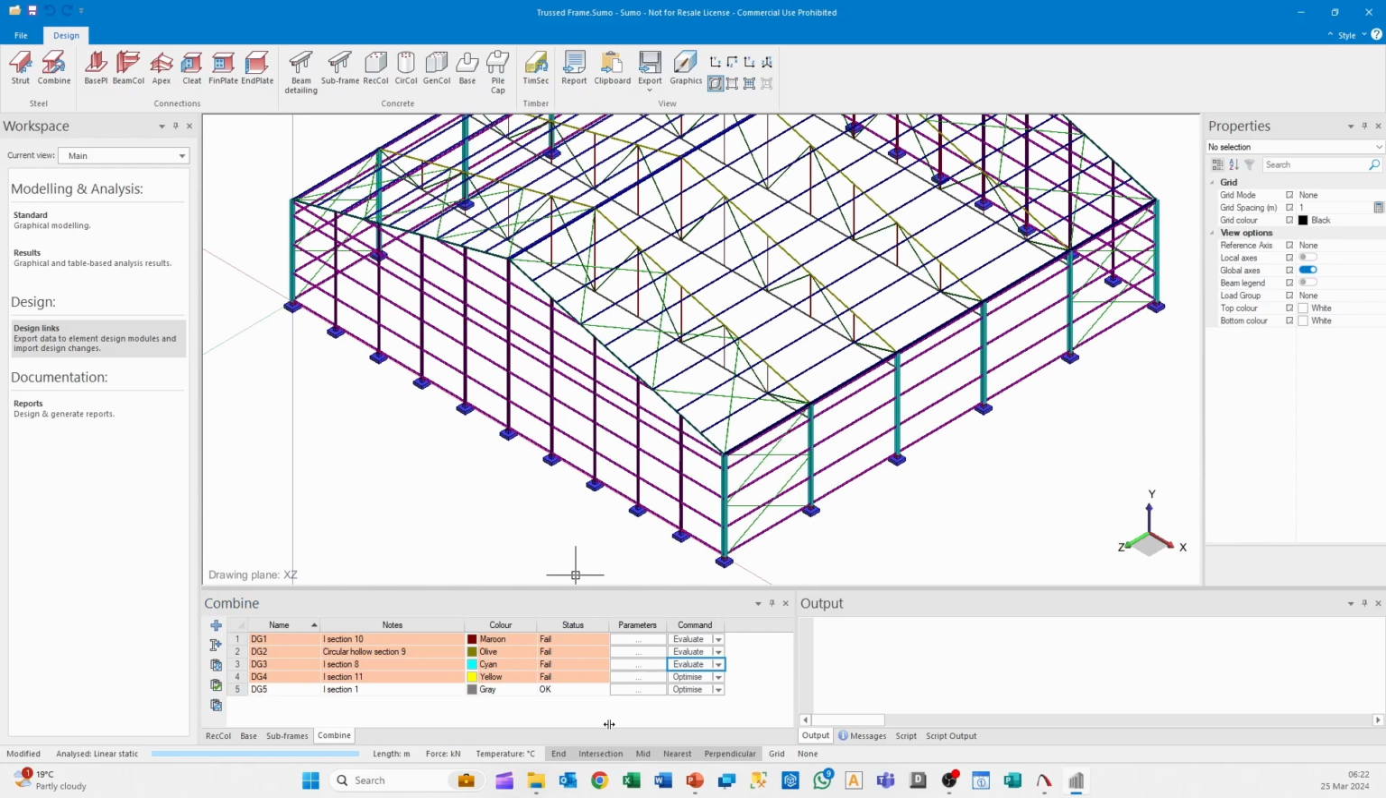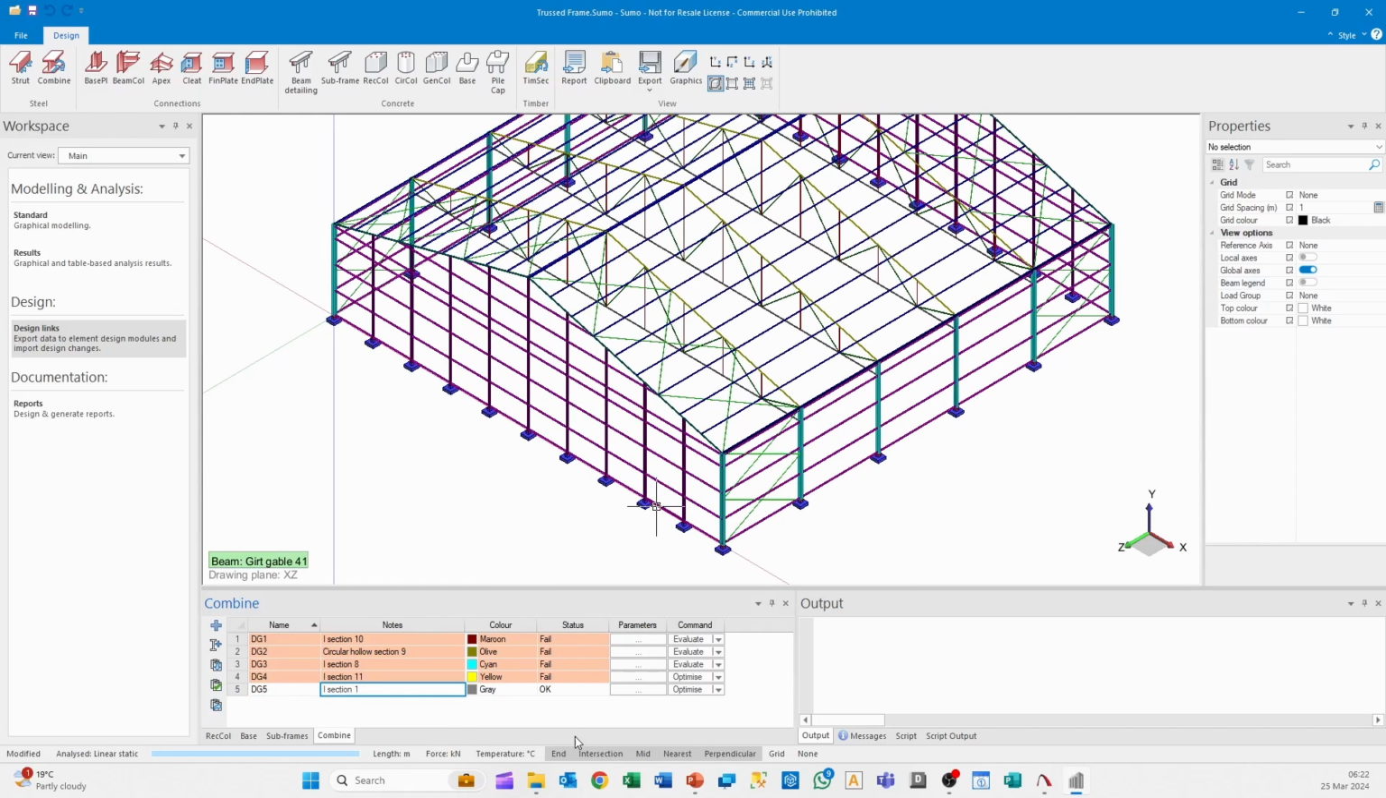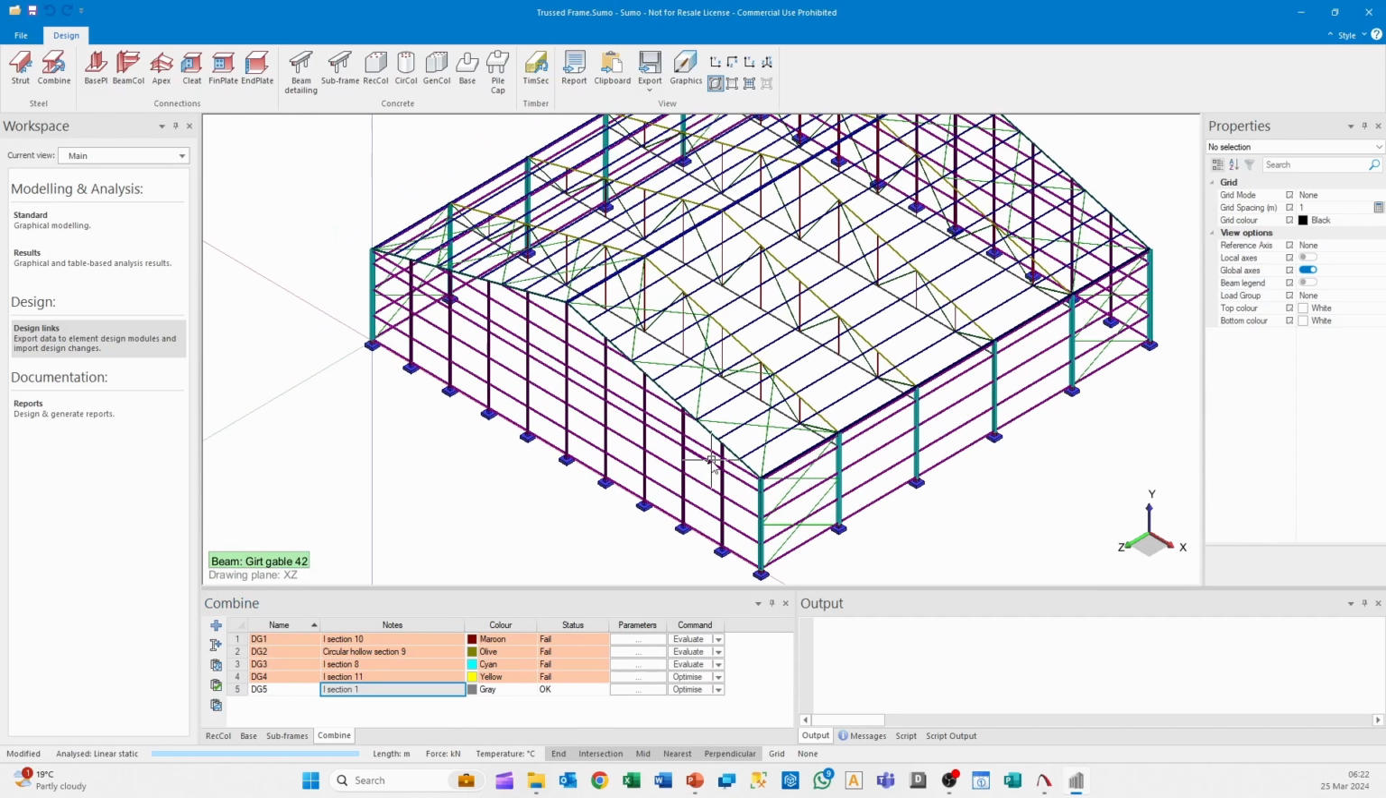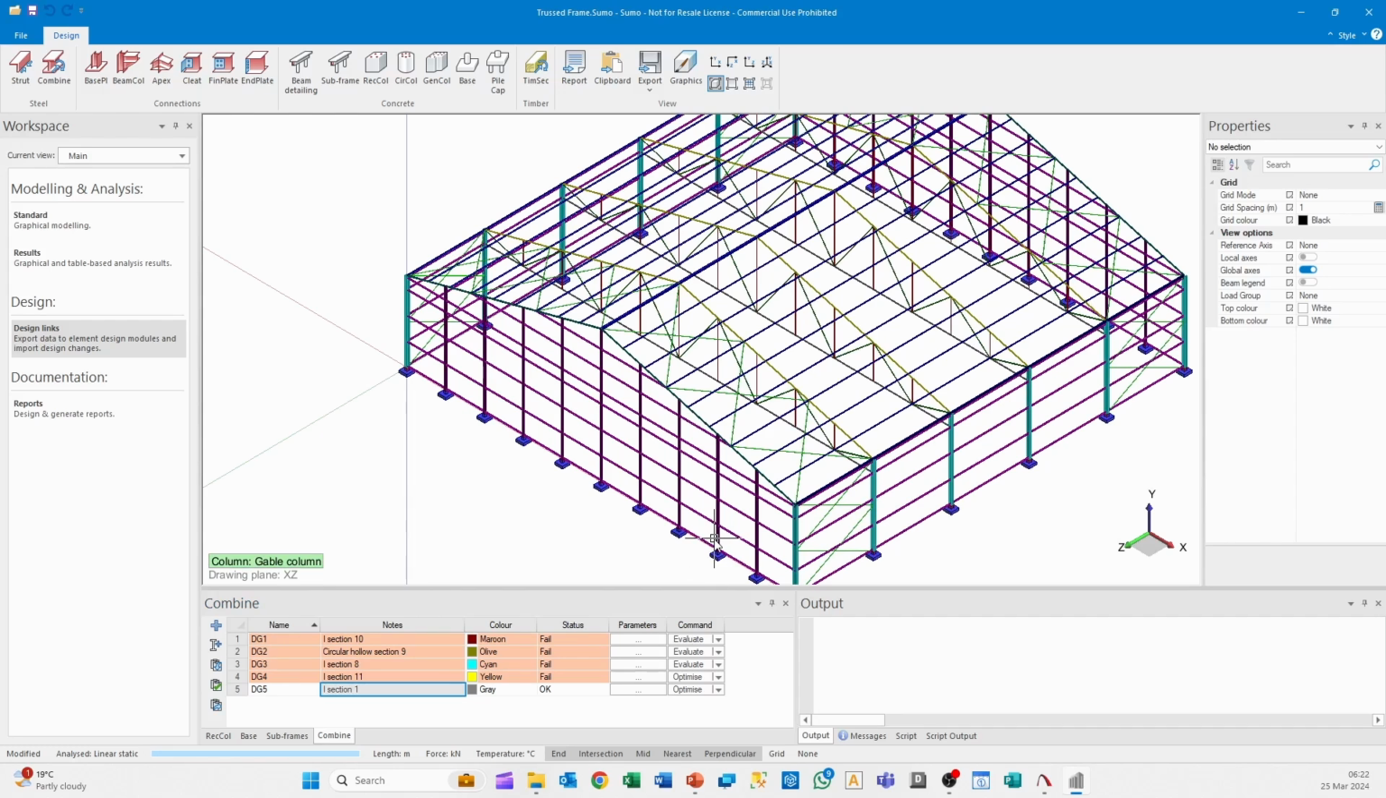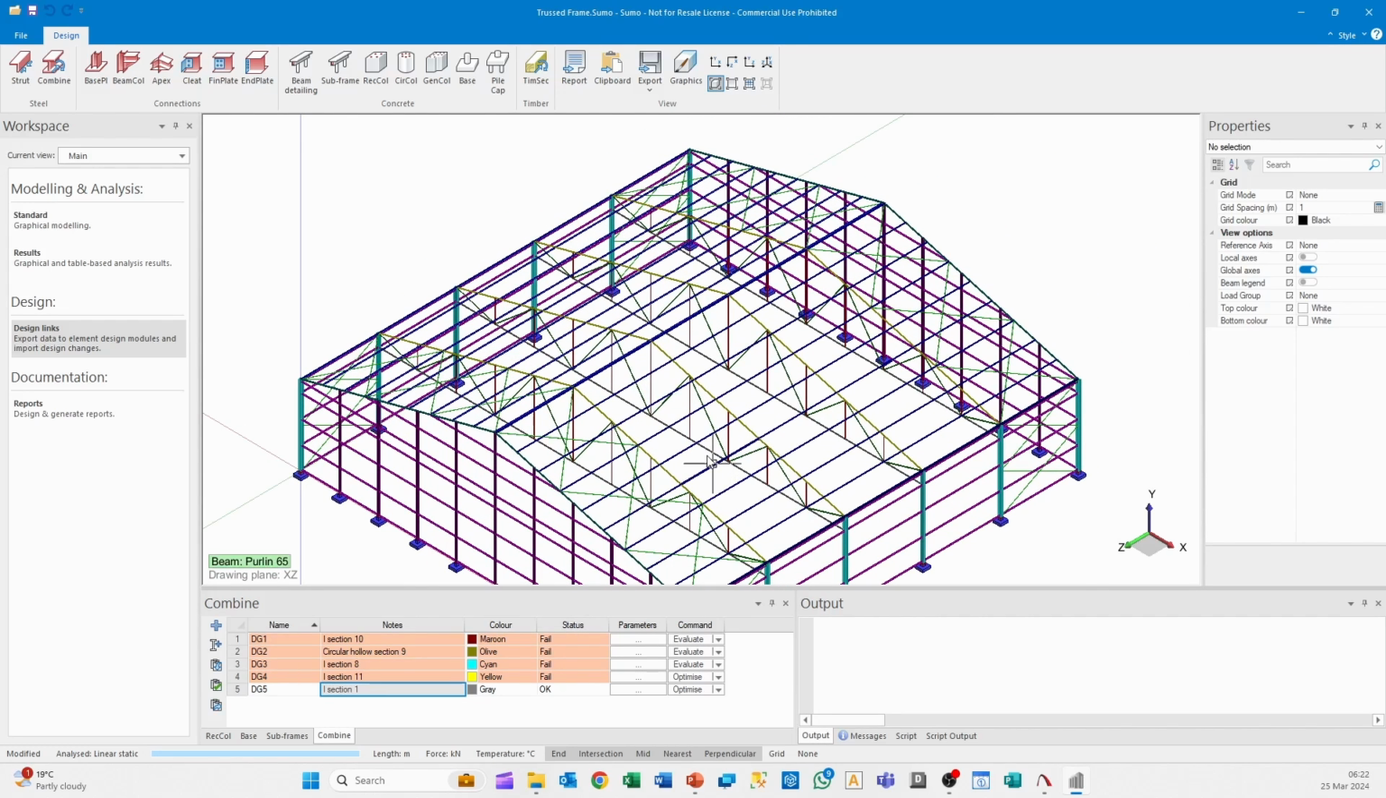We're just waiting for it to finish its evaluation. And we see that design group 1 actually passes, which is great. So now we're going to start a sequence of optimization. Now, just important to note that when you optimize even one of these design groups, or if you change the